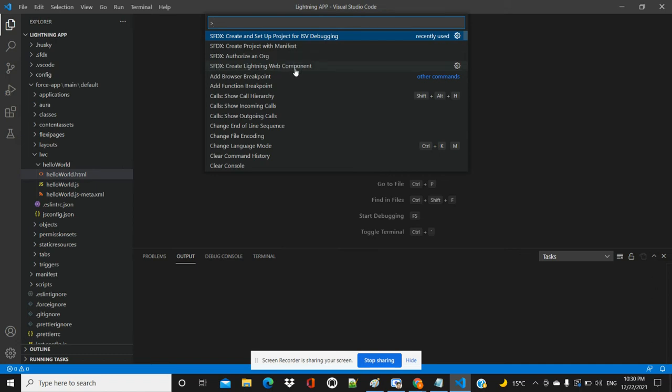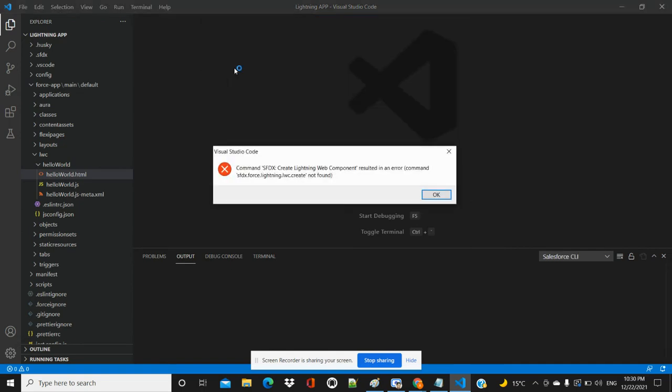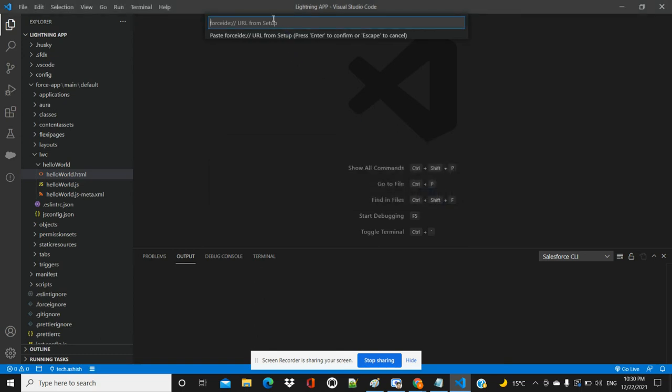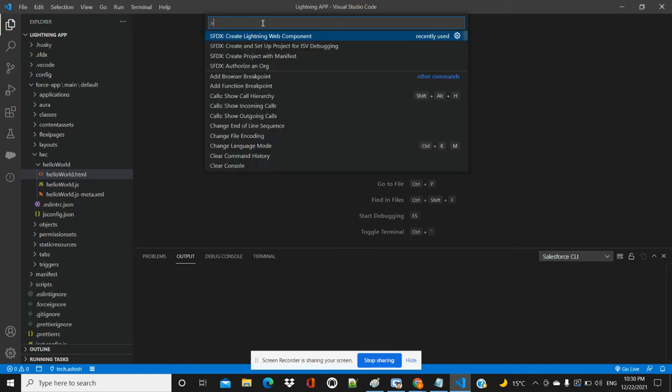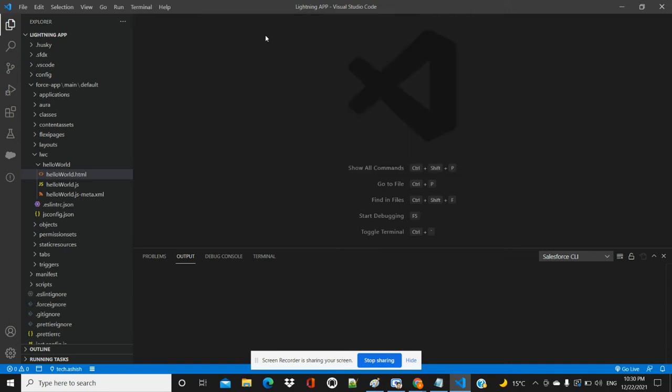If you click on that command, it will result in an error, because this Lightning folder is already open. But if you are creating a new project, this will be available. You need to click on SFDX, then click on that command, and then you are able to create it.